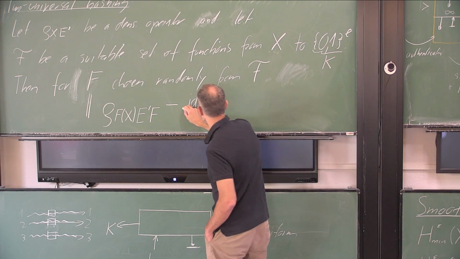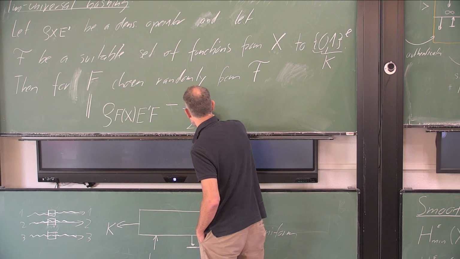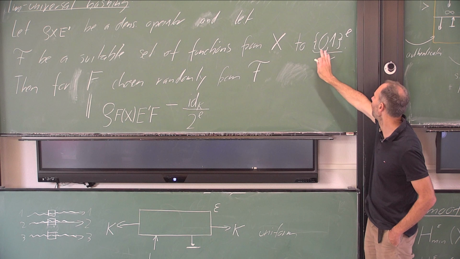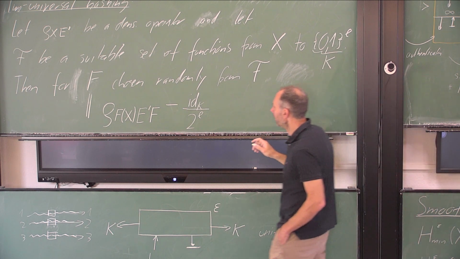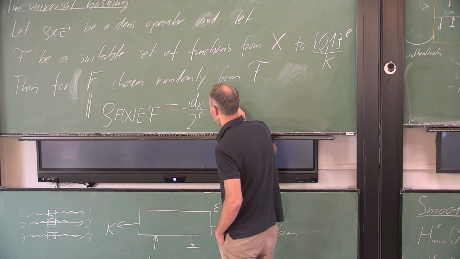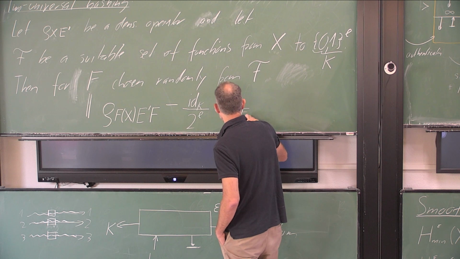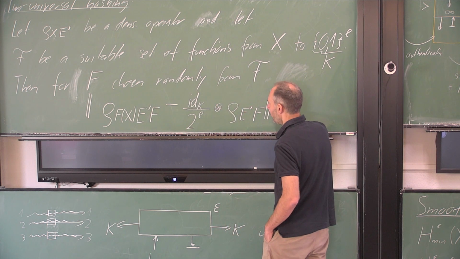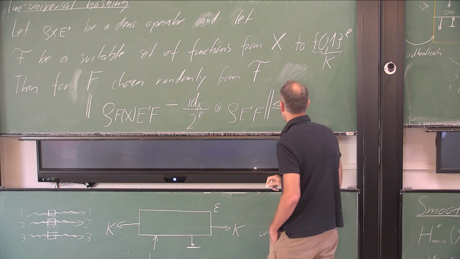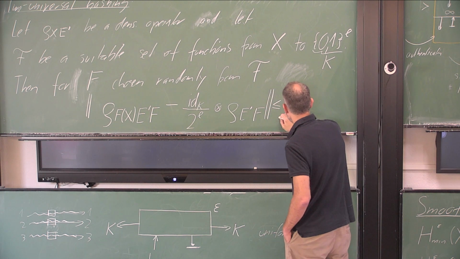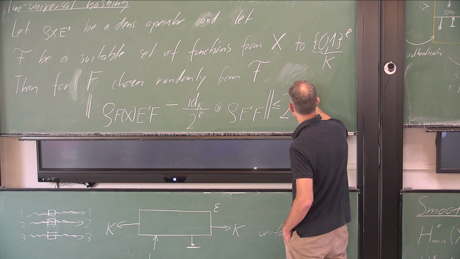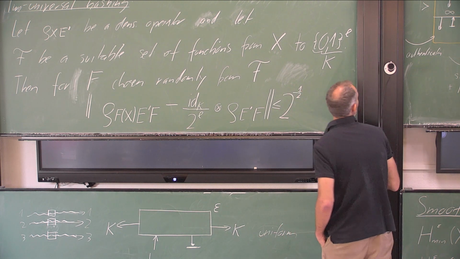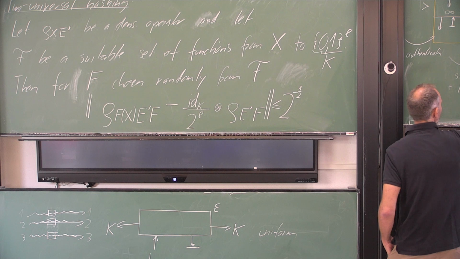So it's identity on K over 2 to the L, so that's a completely mixed state, a completely uniform random L-bit key, and something here, E prime F. Okay, this distance is small, that's what it says, and small is now explicit. It's 2 to the minus 1/2,